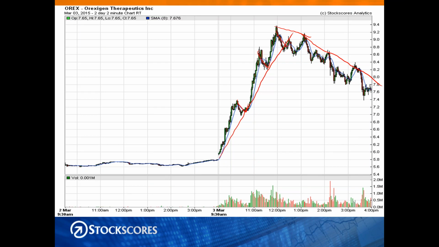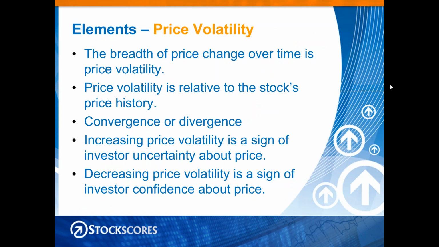Okay, when I'm day trading, I have a strategy where I look to buy here and here on the breaks of the pullback. You can short stocks when they break the pull-up. But we'll get into those things with the strategies. Okay, so that's optimism, pessimism. Price volatility is next.